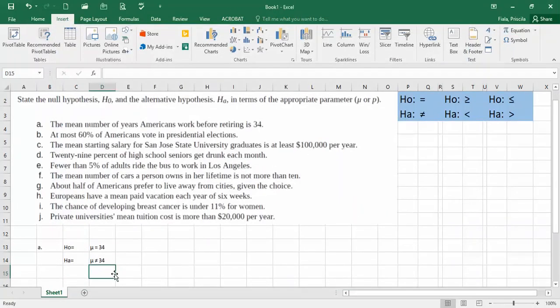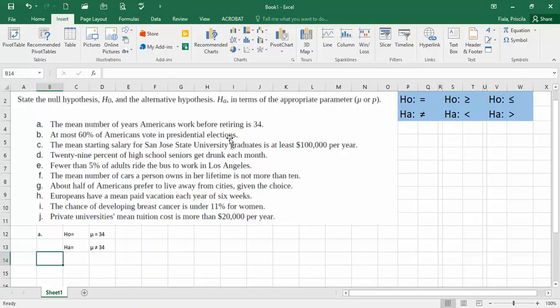Here you go. We answer A. I can even move up here. Let's try now B. So we're talking about at most 60%, again, at most 60% of Americans vote in the